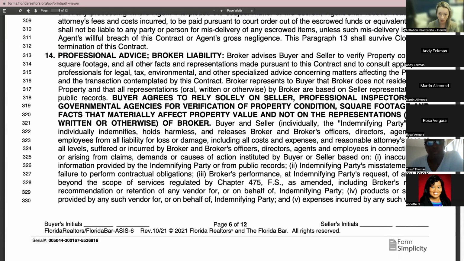Professional advice and broker liability. Okay, so broker advises buyer and seller to verify property condition, square footage, and all other facts and representations made pursuant to the contract, and to consult appropriate professionals for legal, tax, environmental, and any other specialized advice concerning matters affecting the property and the transaction. So,